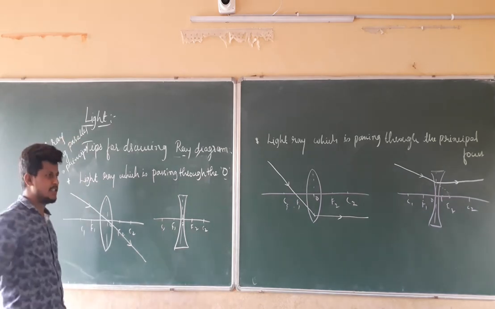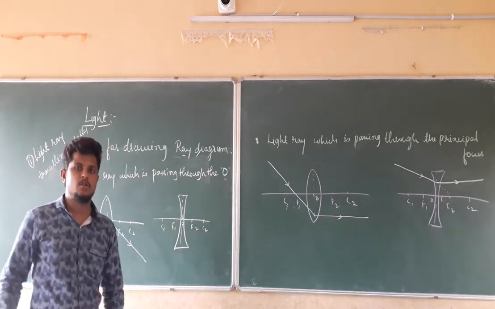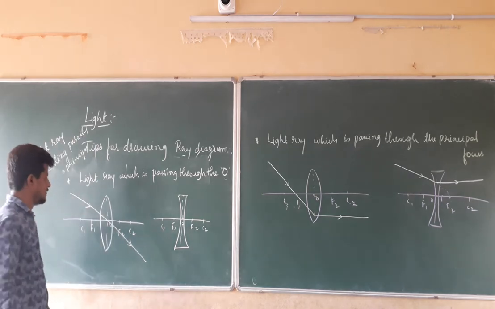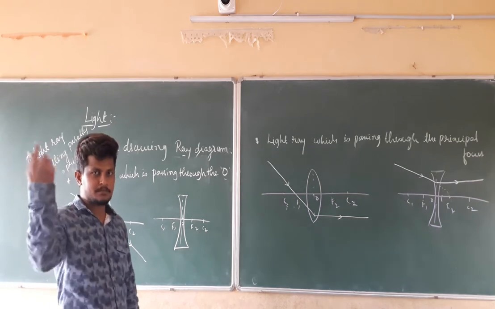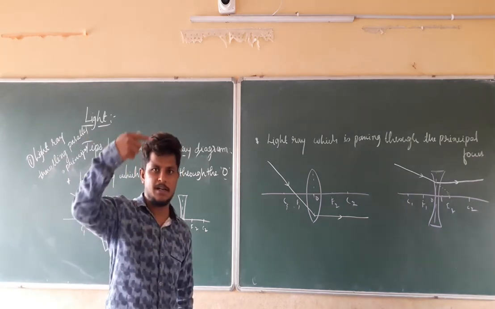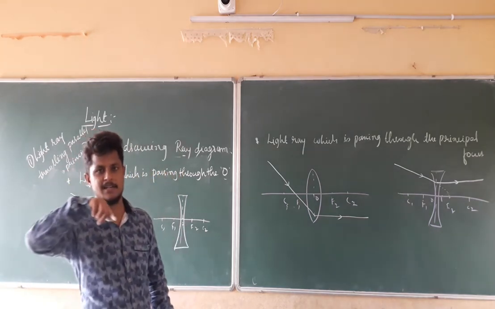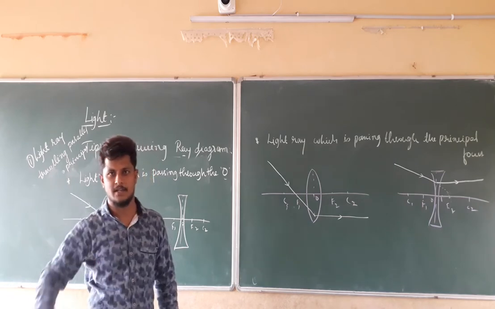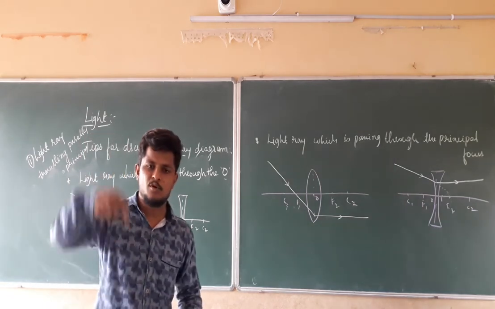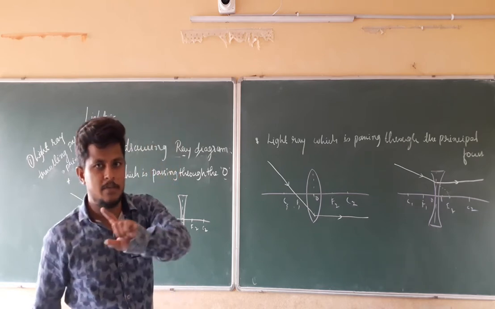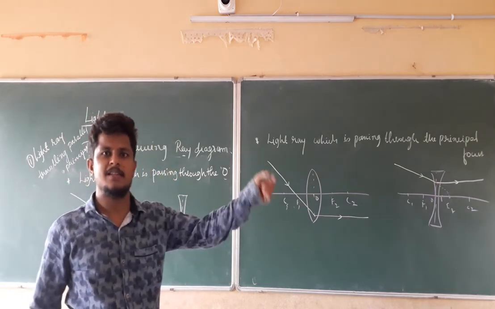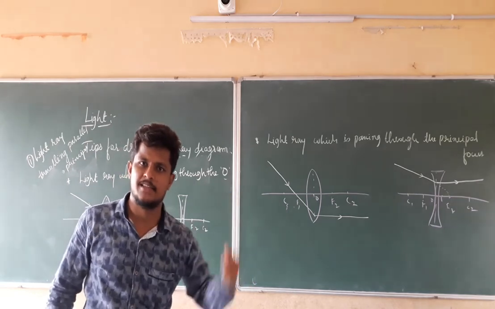If the angle of incidence is equal to 0, there is no refraction going to occur. The same way, if you take a pencil and put it in a container of water at an inclined angle, it is going to show refraction. If you take the same pencil and put it directly in, perpendicular to the surface of the water, there wouldn't be any changes, and the pencil looks exactly the same as it is.